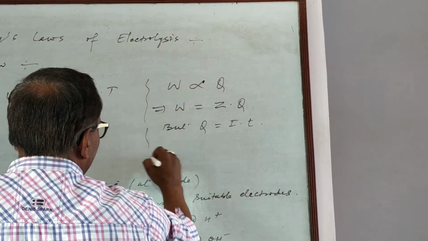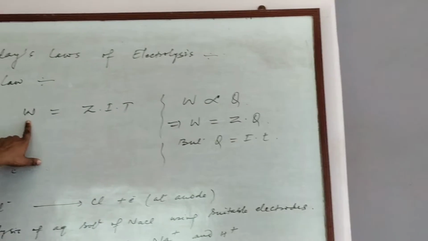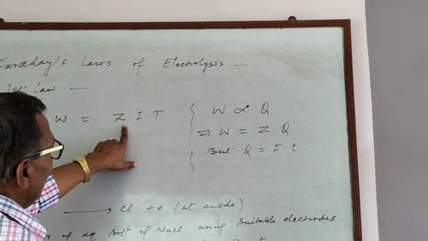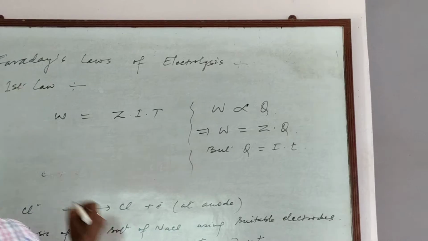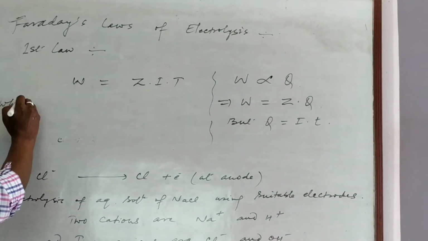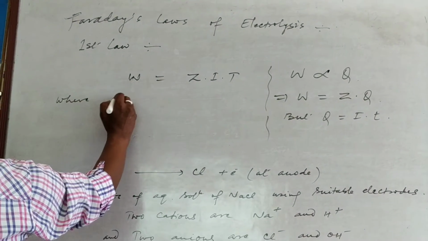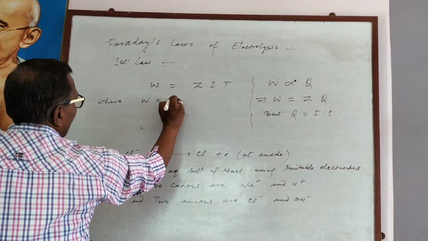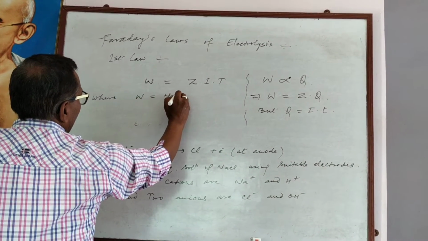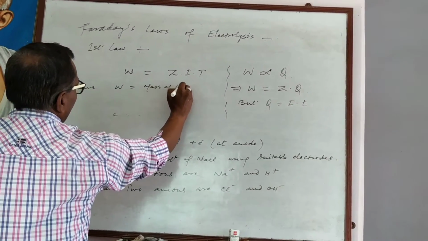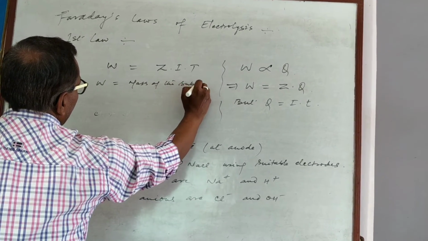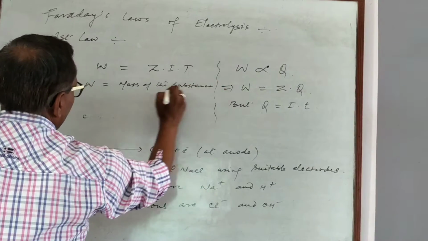So we can have W is equal to Z I t, where W is equal to the mass of the substance deposited,